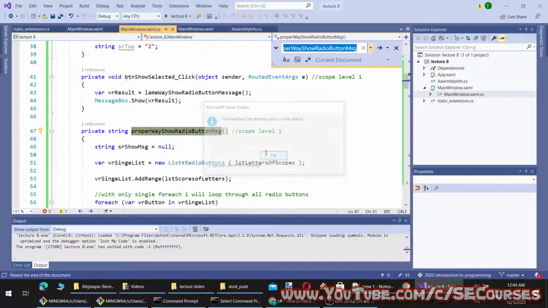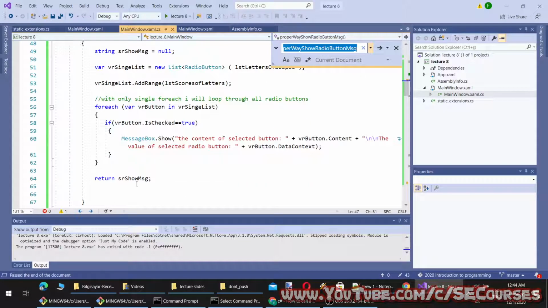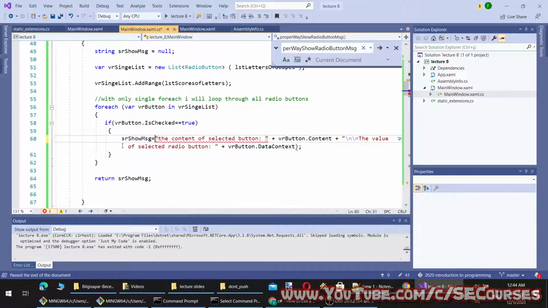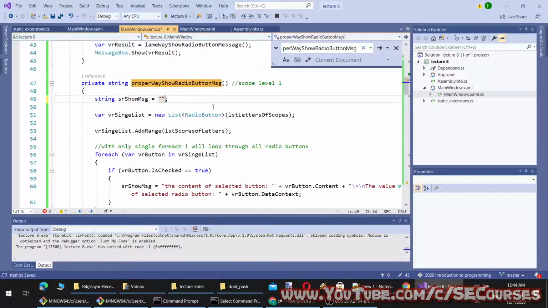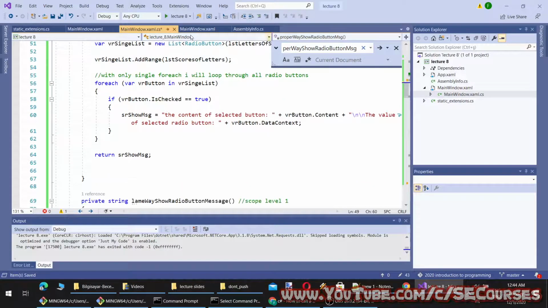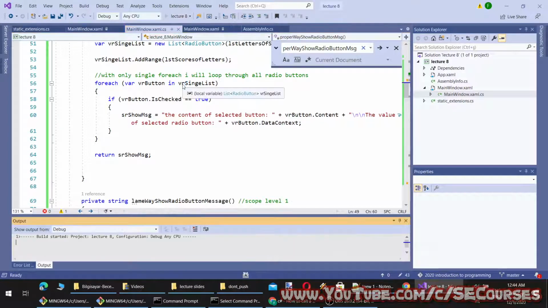Okay, so here we are showing extra time, so I'm going to remove this. Okay, so if the message is null, I will set it a default value. So let's say okay, now it should work better.